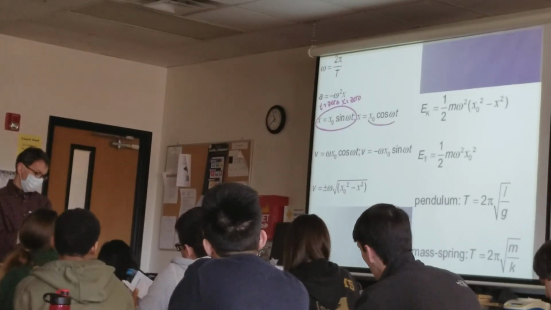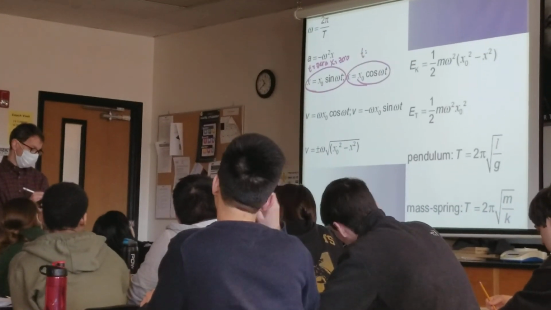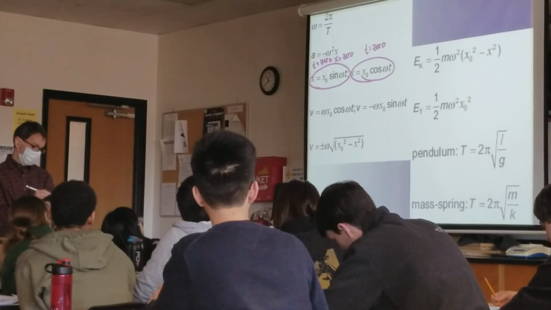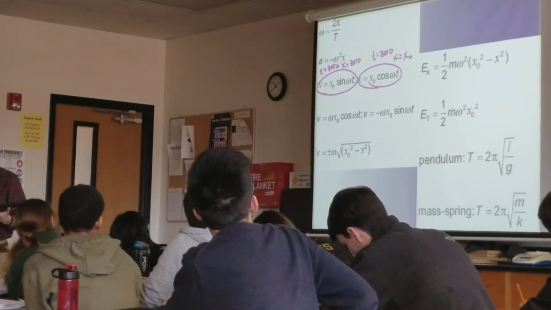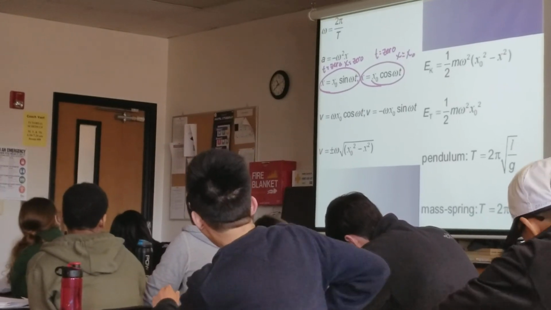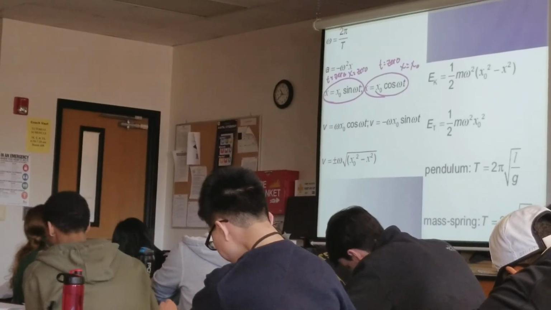Now over here, where we use the cosine function, where t is equal to 0, x is equal to the amplitude. Make sense? Now, if we come down here to our velocity equation,